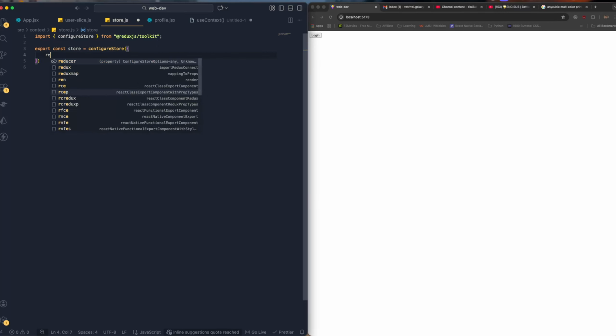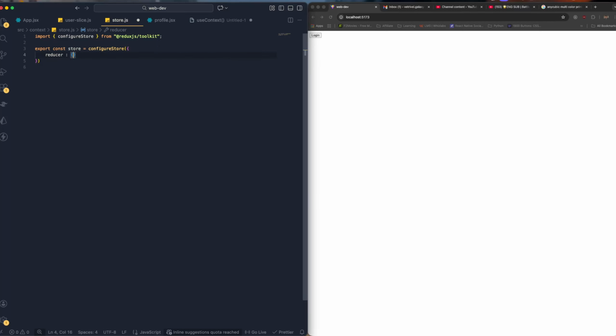Okay, inside here I need to configure the reducers, open it, because we need to combine all those slices' reducers commonly and supply it into the provider component. We can't push the different reducers separately to our global provider component. So in order to bring all those reducers into a common place, that's where we use the configureStore, and we configure all the reducers over here, and we push it as a single object, single instance into our global component. Okay. So in this case, which is going to be user,